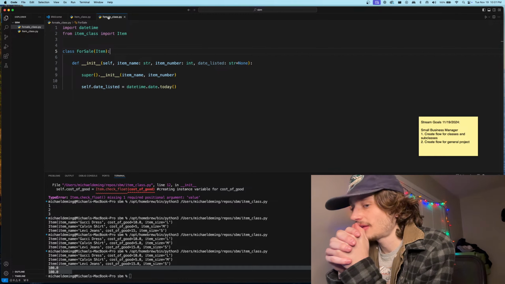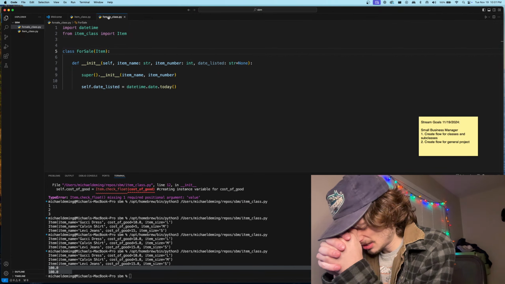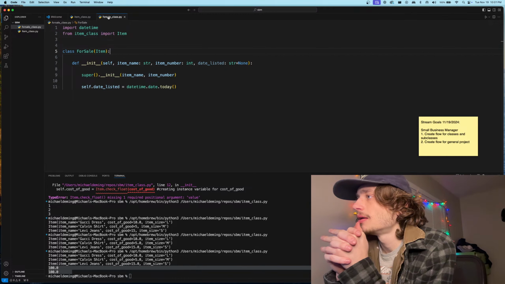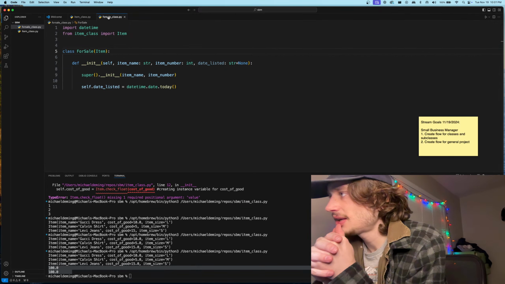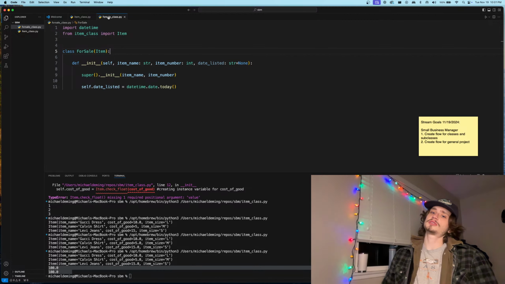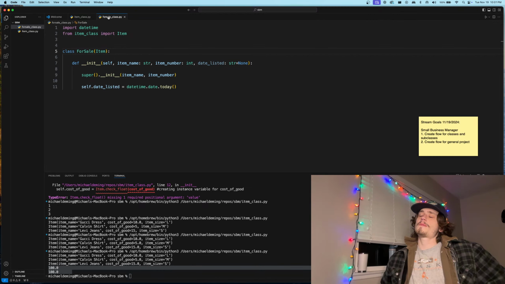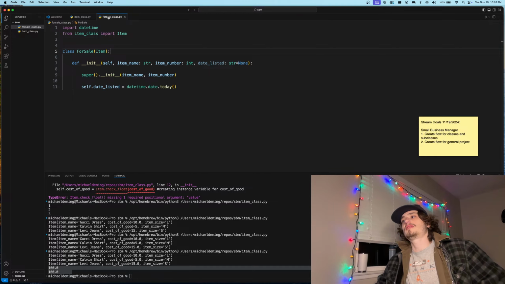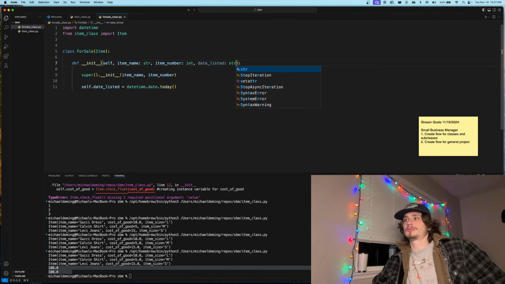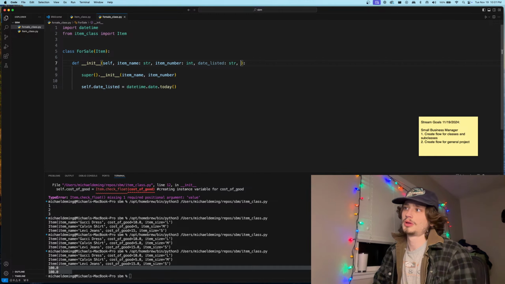And then it's given a date, a listing date, date listed for sale, right? And then what else is it given? It's given a sale price. Now, do we want to have a default value on date listed? No, it needs to be required. Right. So,